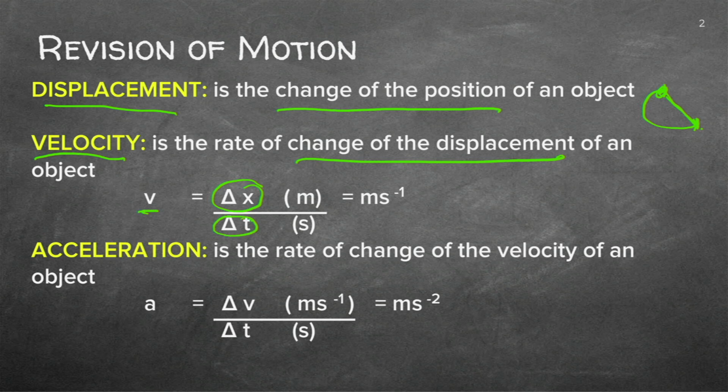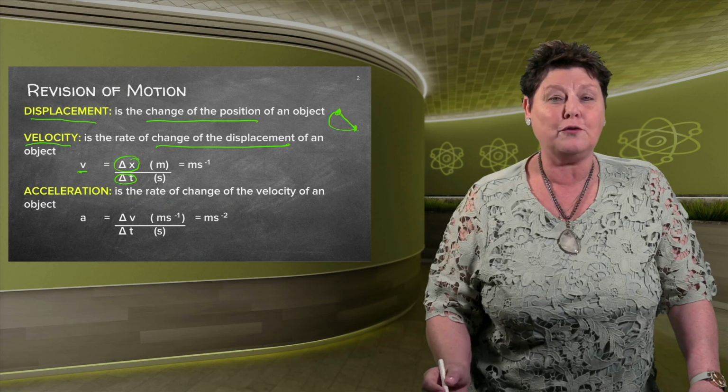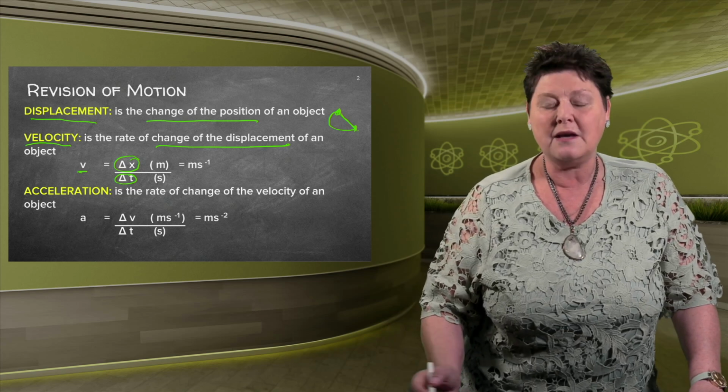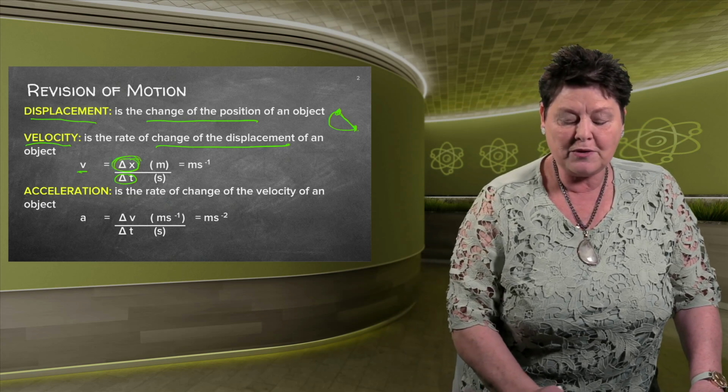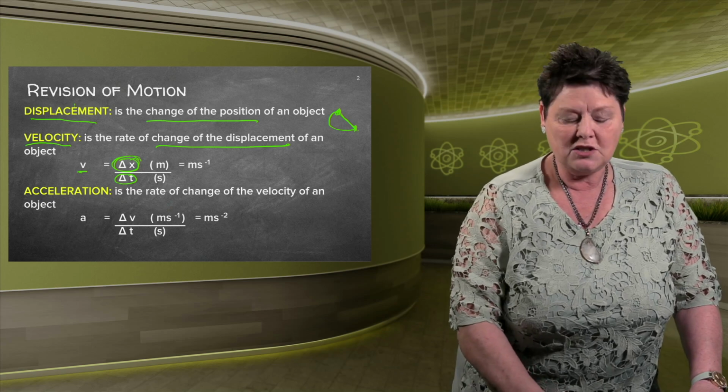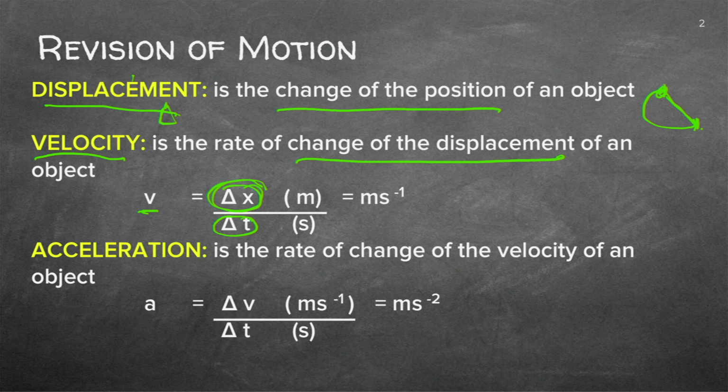Please bear in mind, because it's important when you do graphs, that you do not get yourself confused with the x-axis and x now representing displacement. So we say it's the change in displacement, which means in the x direction. Change in displacement in a time will give me velocity, and you know now that that's the unit for velocity.